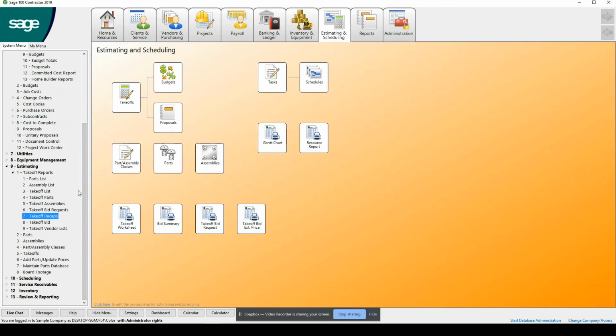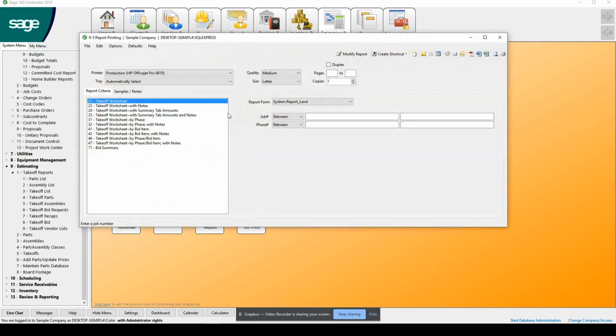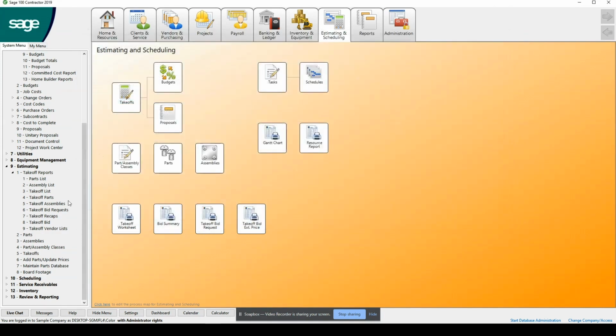So as we go through and get a quick recap here, it's very important, especially when we talk about reporting and coming out of takeoffs. We have many reports that we can run. When you start getting that information from the takeoff and putting it into the system, it also affects scheduling.